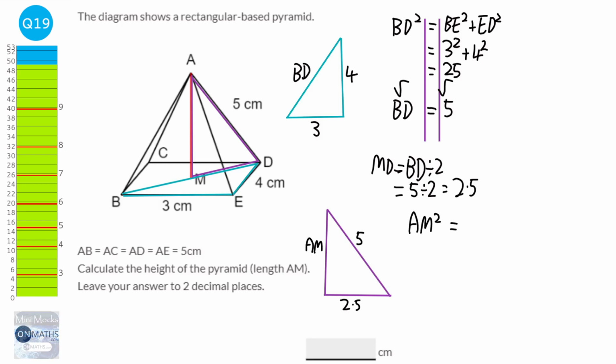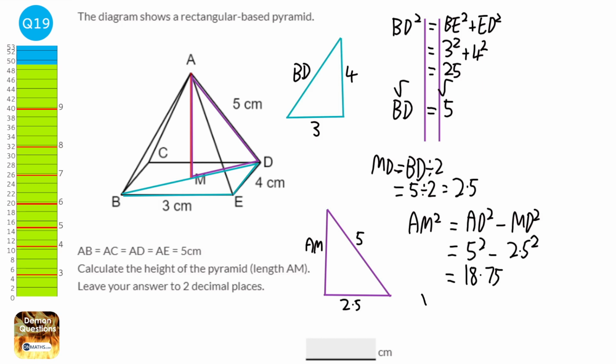So AM squared is going to equal AD squared, take away MD squared, and AD squared is going to be 5 squared minus 2.5 squared, which is going to equal